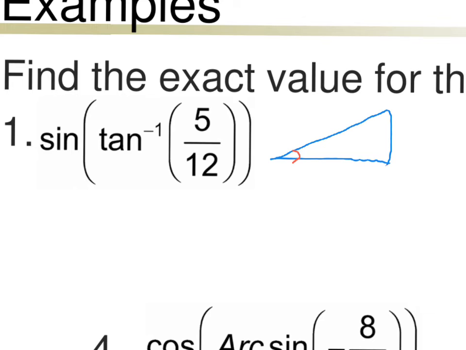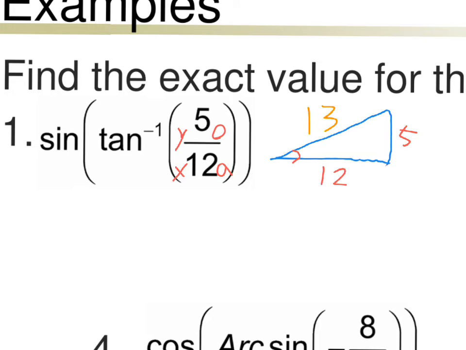We know that the side opposite that is 5, and the side adjacent to that is 12, because from our problem we know that 5 is our opposite and 12 is our adjacent, also known as the 5 being our y value and the 12 being our x value. So now we can either remember that 5 and 12 are part of a Pythagorean triple, with the third number being 13,